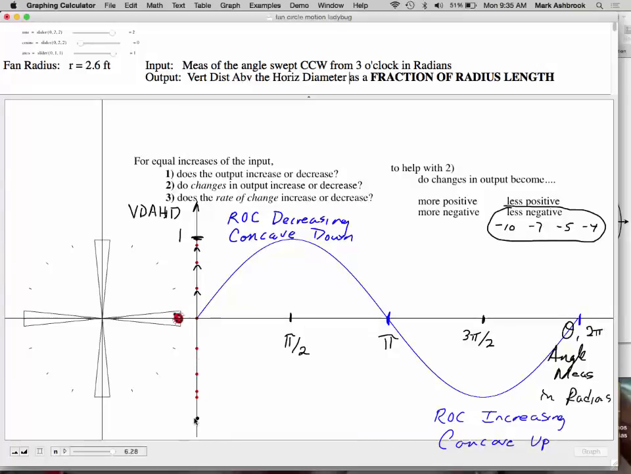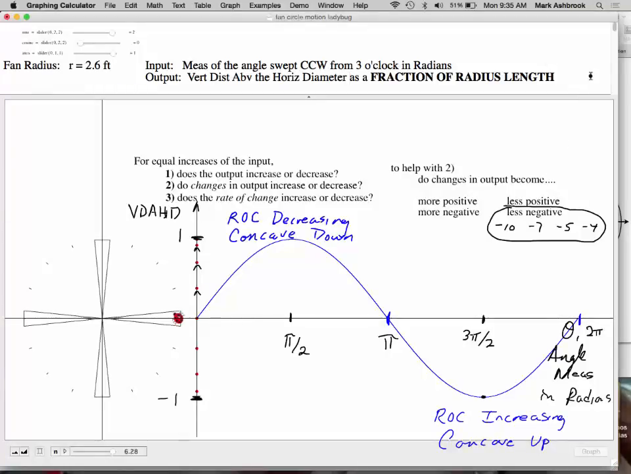And then, what's the very lowest number of radius lengths, or fraction of a radius length, we could be? -1. At what angle did that occur? Bottom of the circle. Okay, so this,